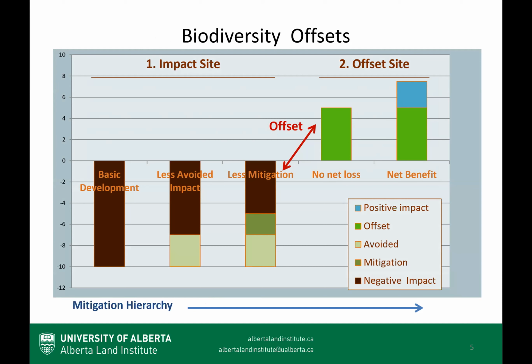So this graph attempts to show what the purpose is of offsetting and its context in a graphical form. It's intended to be read from left to right, and this sequence is commonly known as the mitigation hierarchy or sometimes the mitigation sequence. On the left, we have a dark bar that stretches down from the 0 baseline down to -10, and that's intended to reflect a development that might proceed without any consideration of environmental mitigation, just development in its pure, raw, and somewhat ruthless form.